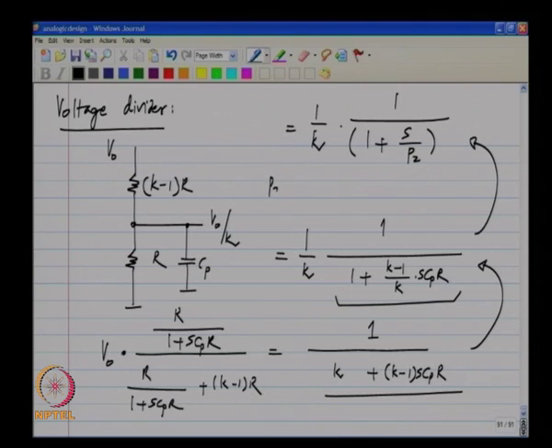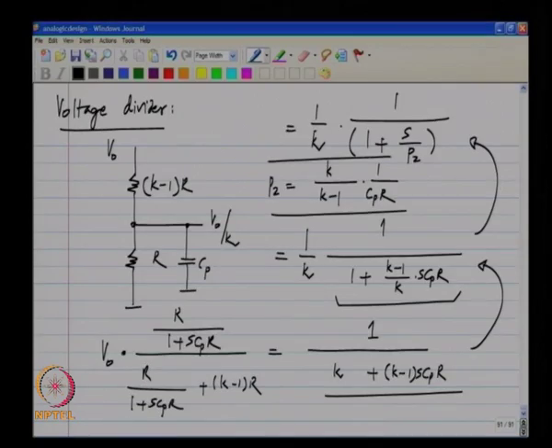In this case, P2 happens to be k by k minus 1 times 1 by Cp R. So, in the voltage divider also you can have a pole, and we will see soon that a pole acts like a delay. So, to summarize,